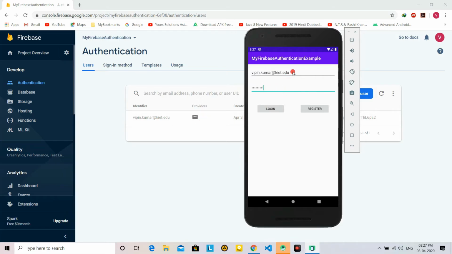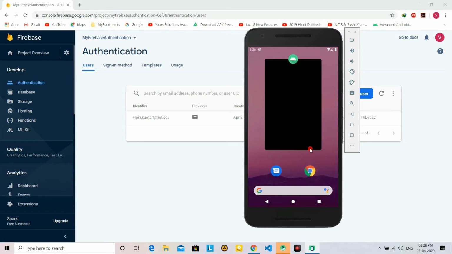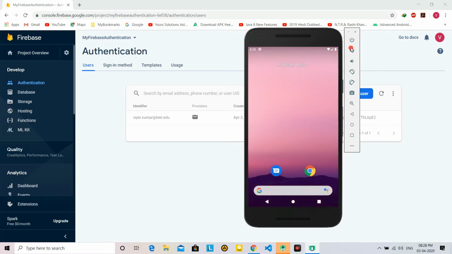One more ID we can test here. Okay. Something has happened in the application. We run again. Try to run again.